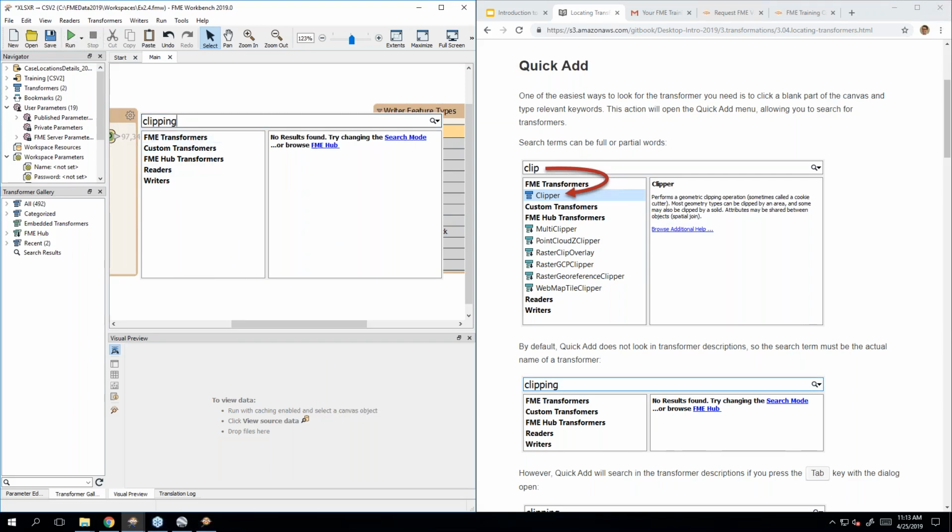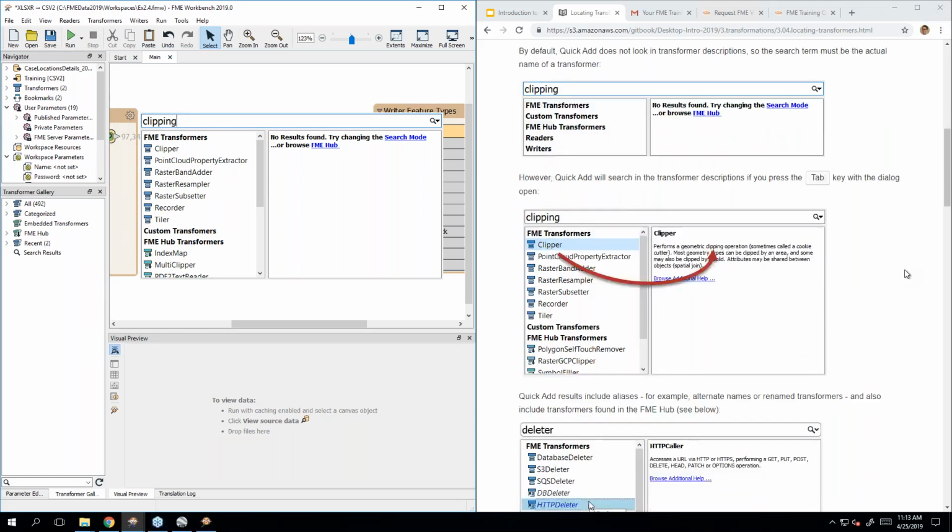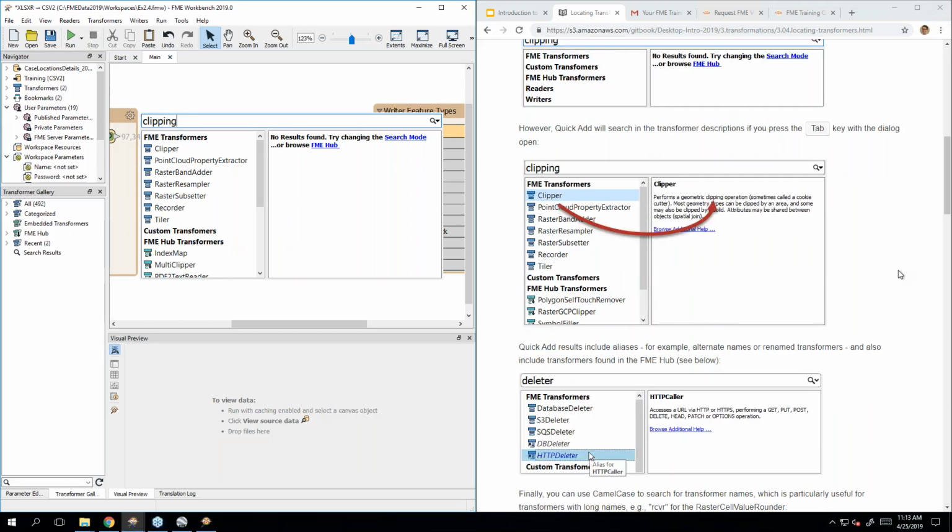If I search clipping, that's not going to do it. But if I hit tab, that changes my search mode. And then now I'll be searching the full text of the help as well. And so that would come up with the clipper, plus some other ones that might have implications for clipping. So that's something to keep in mind. You can change your search mode in Quick Add. Additionally,